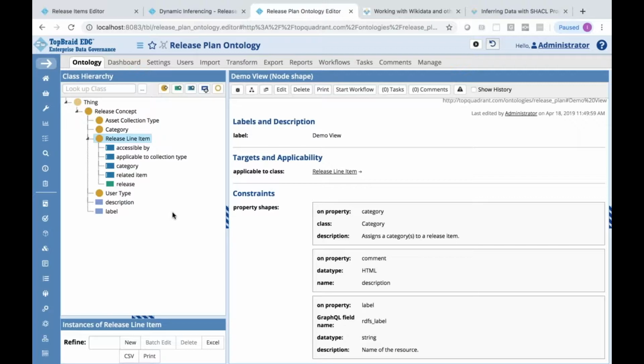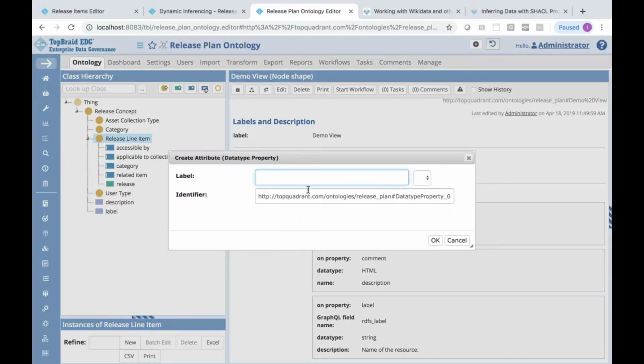So let's create a new property in the ontology, whose value will not be entered by the user, but rather will be dynamically calculated, inferred by the system at runtime. So I'm going to create a new property. I'm going to call it count release numbers.